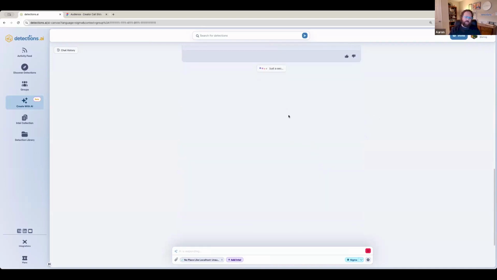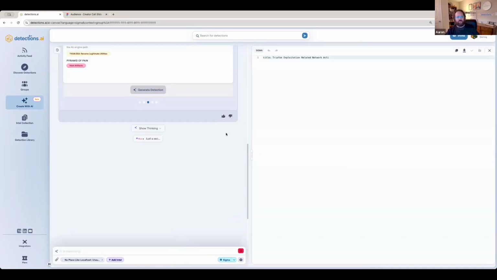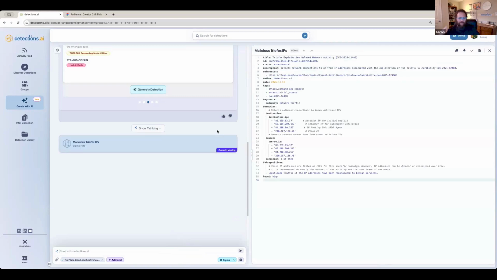And so obviously as the AI is working here, you can add multiple intel sources. So if you've ever messed around with that, you can add articles and logs and prompts. And it's a full GPT engine in a sense, like you can add whatever data you want. You can pick your language, change languages, refine detections. Again, I'm not going to get too far into detections or anything, but let's just say, for the sake of argument, this is the detection that you want.